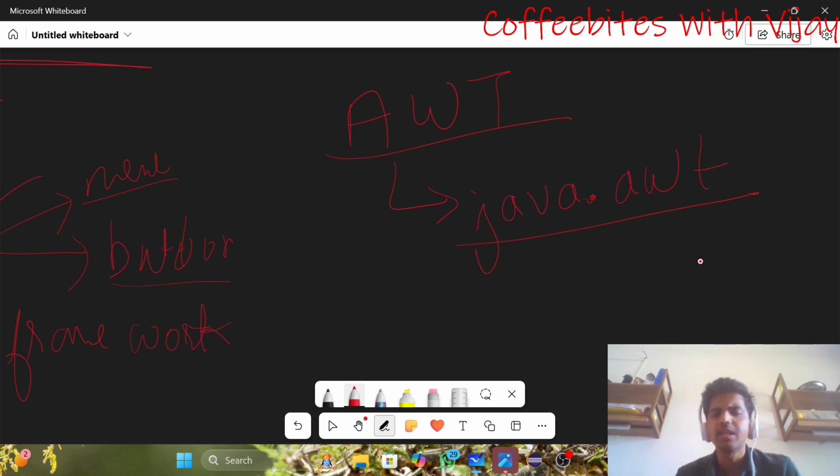And guys, any website will be judged by the appearance of its buttons, the appearance of its labels, etc. In the same way, in Java we use this AWT framework in order to make our website look cleaner and better. So without delay, let's go and understand the actual hierarchy of these AWT classes.